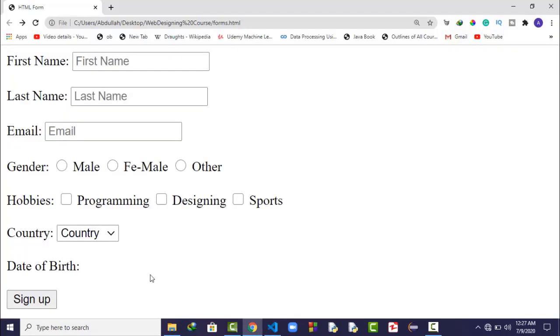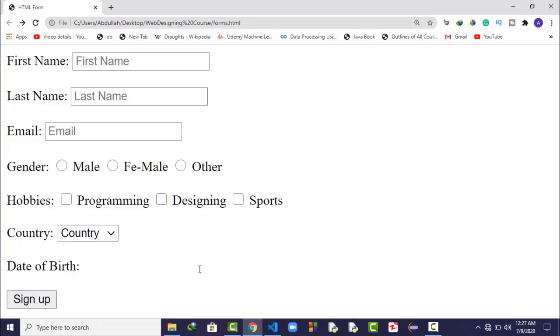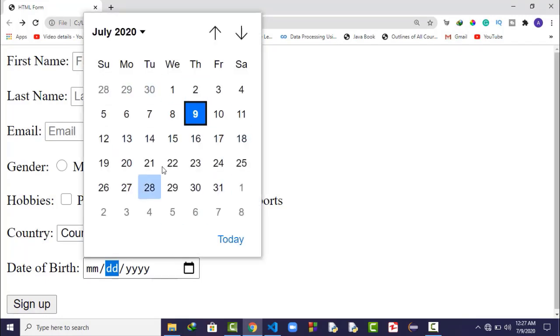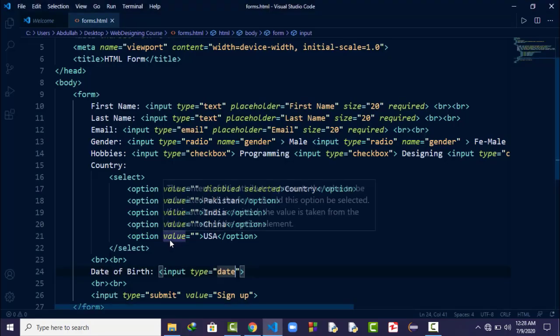Now we want to add a date picker there. So whenever the user wants to select any date, he can select. So here we can say input, and in the type we need to say date. If I go back and refresh it, you can see we got a date picker. If the user clicks on this, he will get a calendar-like date picker. So the user can pick any date, and see, this is how beautiful and interactive a date picker we got. This thing we can only achieve in HTML5. Since we are using HTML5, HTML is updated, so we can add a date picker like this.